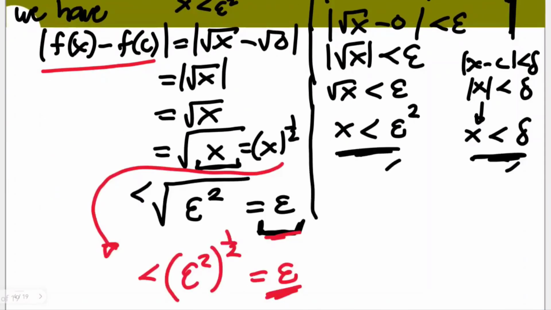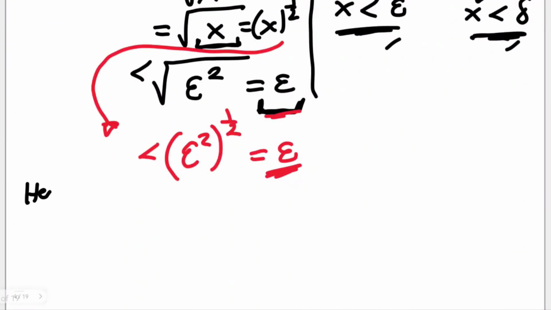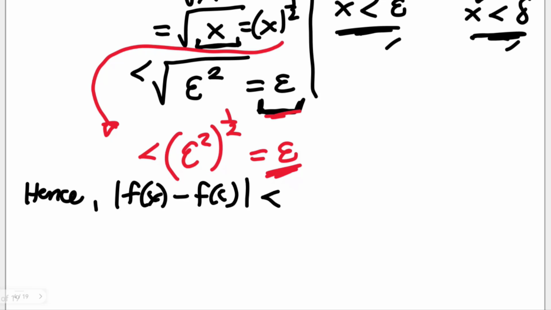So hence, we can construct it here. Hence, our absolute value of f of x minus f of c is less than epsilon, the intended target now of our goal. Now, after this, we can just simply say, since epsilon greater than 0 is arbitrary,